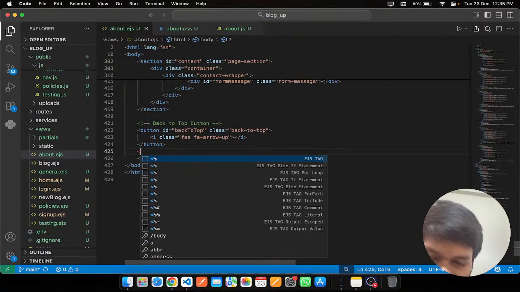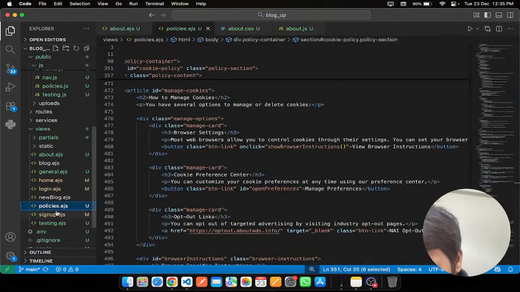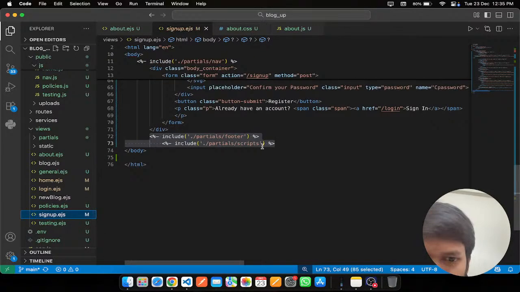We have a kind of things that is what do we have? We have a